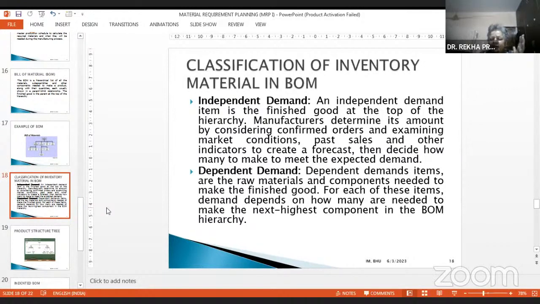That is an independent demand that you determine by considering confirmed orders and also the forecast, market conditions, past sales, other indicators. Create a forecast and then decide how many chairs or bicycles to produce, and what all materials you will be requiring.